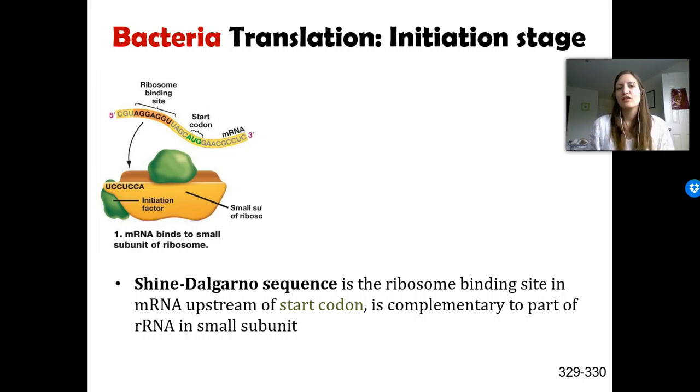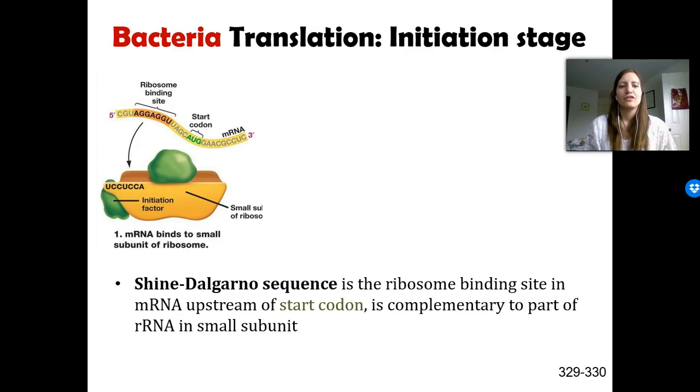Shine and Dalgarno were two scientists who discovered this sequence. And this sequence just says, hey, this is where you need to bind to the ribosome. This is where you need to bind to line everything up right. And it's a little bit upstream of that start codon. The start codon is going to tell essentially the very first tRNA molecule where to put down its first amino